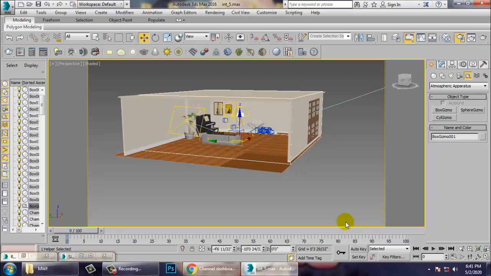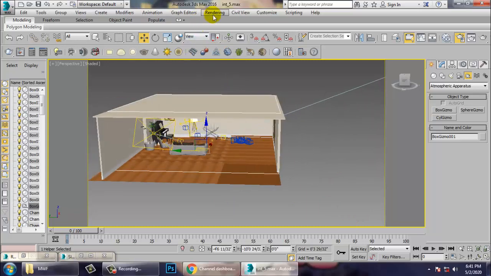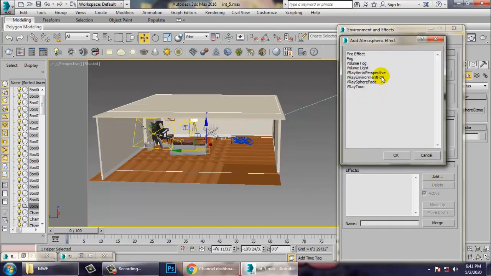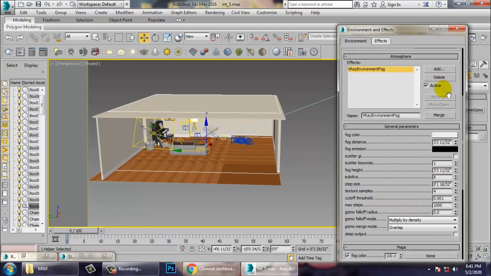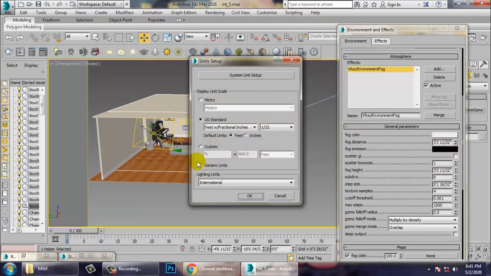Before we go with the settings over here, let's go into rendering, environment, add V-Ray environmental fog. Once you add this, let's go into this and make a few changes. Before I make few changes, first let me set the setup again as the generic units.